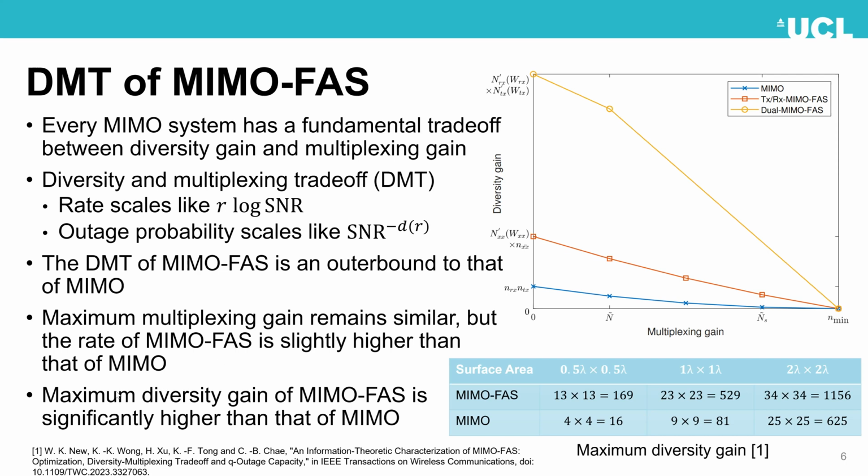Nevertheless, the maximum diversity gain of MIMO-FAS can be significantly higher than that of MIMO. For example, as shown in this figure here, the maximum diversity gain of the MIMO-FAS is M prime Rx as a function of WRX times M prime TX as a function of WTX. And this actually represents the number of significant spots as a function of the surface area. Okay, so